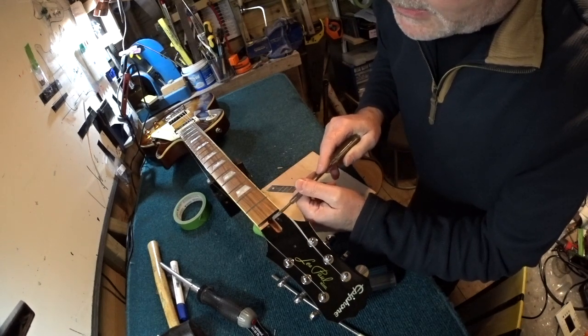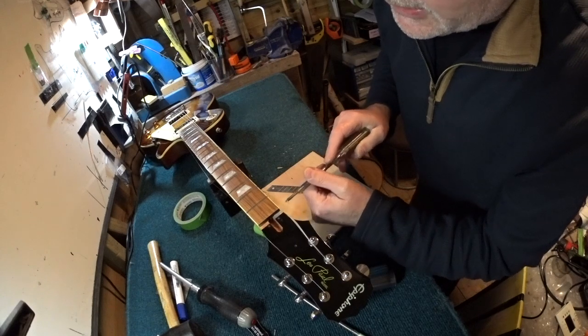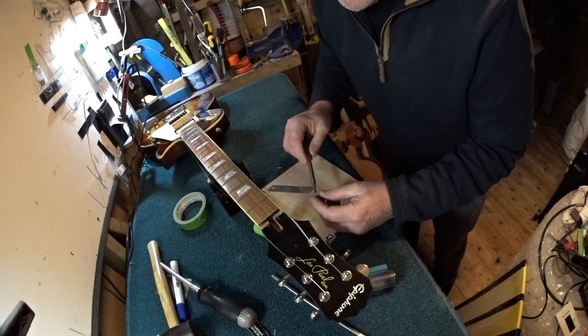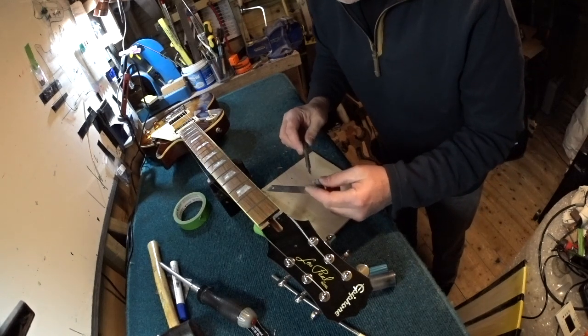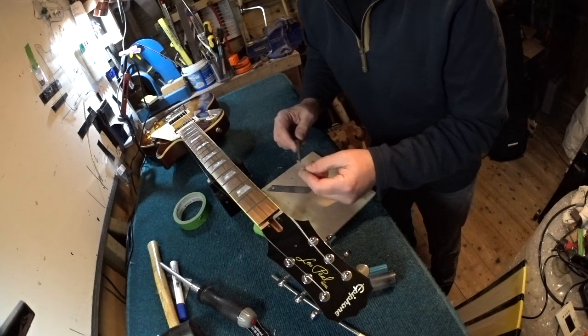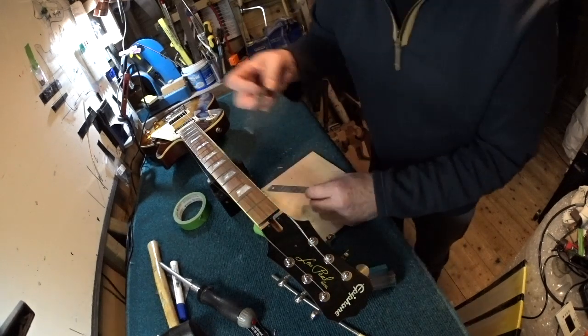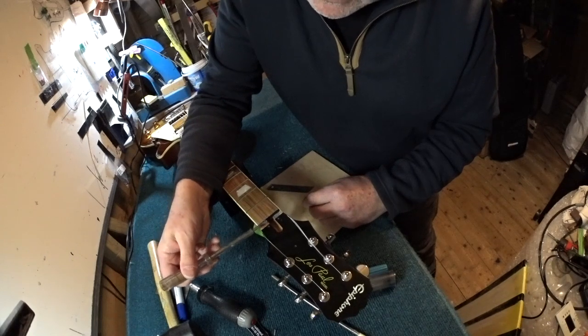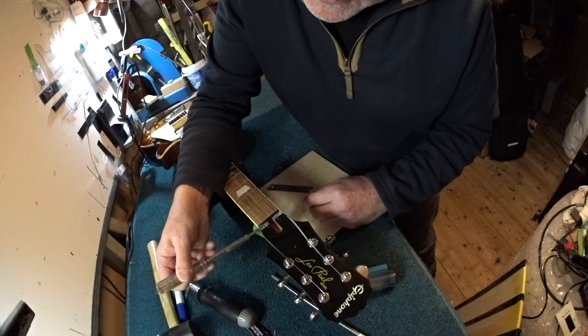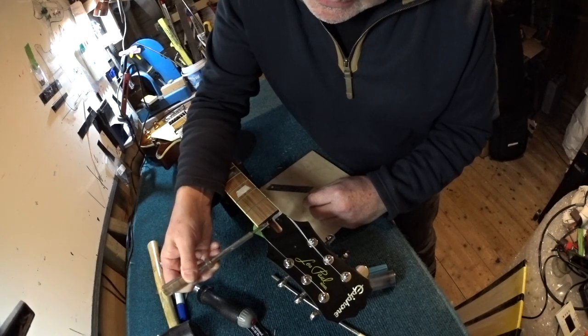Can sort of pull it back a bit, and for all I know that should just about work quite nicely. And then we can probably work it before it goes completely hard. We could probably just tease off a bit more. Now there's a little tiny bit to go on the other side, but this is very small indeed, so I'm just looking to, if I even can, just fill in a tiny amount of